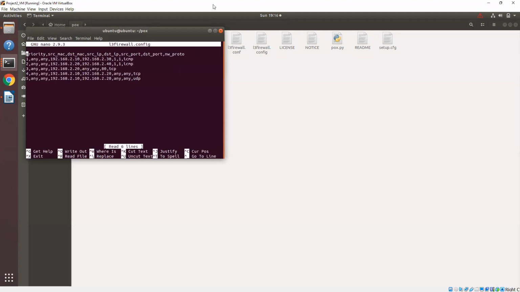We observe that we have appended the first rule as 192.168.2.102 to 192.168.2.30, and we have blocked ICMP traffic. Similarly, the second rule is for 192.168.2.2 to 192.168.2.4, where we have blocked ICMP traffic. The third rule we have appended is, as we'll be seeing, from